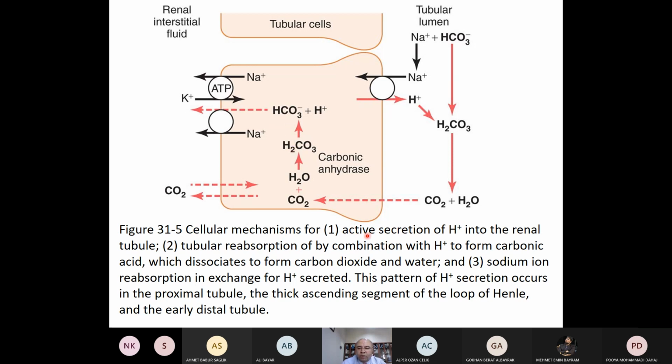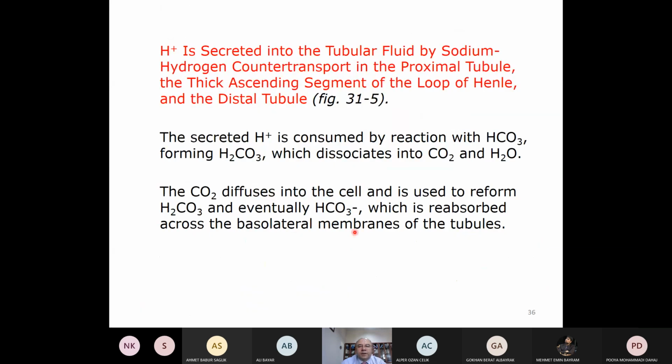So, cellular mechanisms for active secretion of hydrogen into the renal tubule, and second, tubular reabsorption by combination of hydrogen to form carbonic acid, which dissociates to form carbon dioxide and water, and sodium ion reabsorption in exchange for hydrogen secreted. This pattern of hydrogen secretion occurs in the proximal tubule, thick ascending loop of Henle, and early part of the distal tubule. So the secreted hydrogen is consumed by the reaction with bicarbonate, forming carbonic acid, which dissociates into